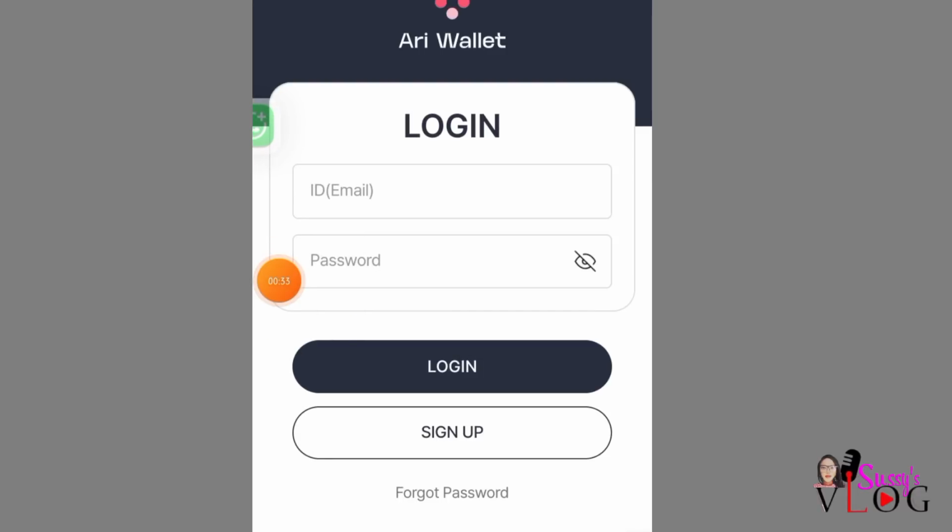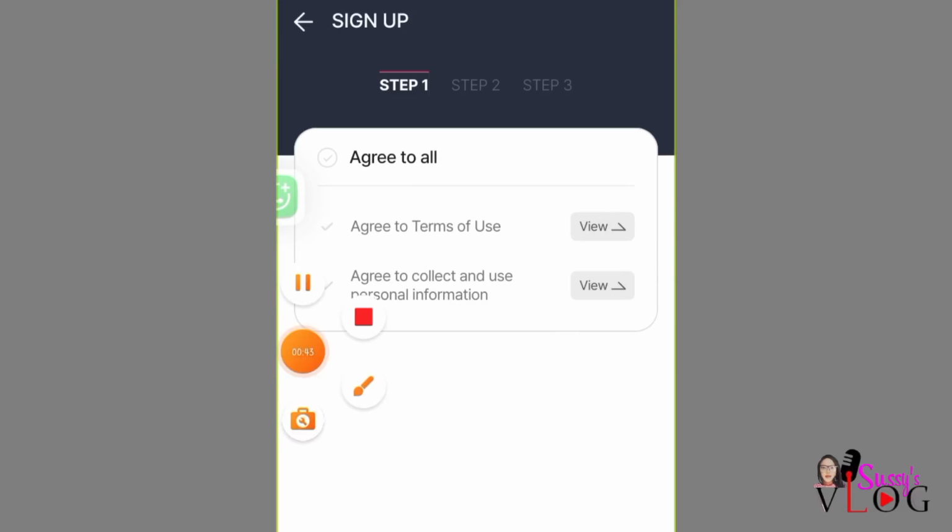If you have been mining this airdrop project, you just need to come here and click on login. Enter your email address or your ID and your password, but I'm just joining, so I'm going to click here to sign up. Once you click on sign up, you're going to see